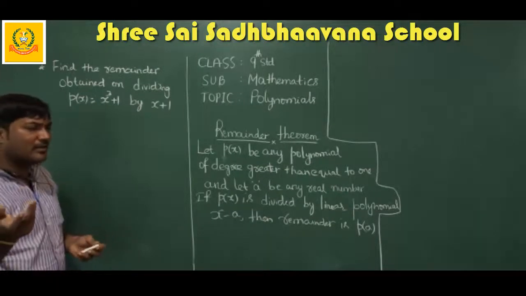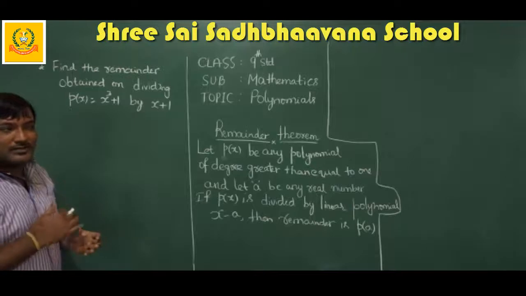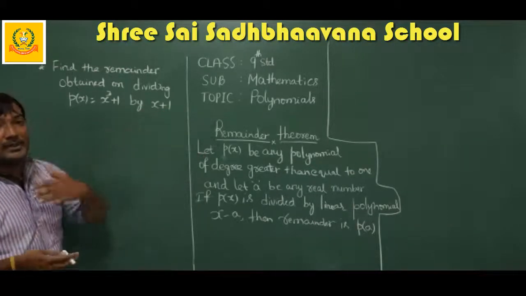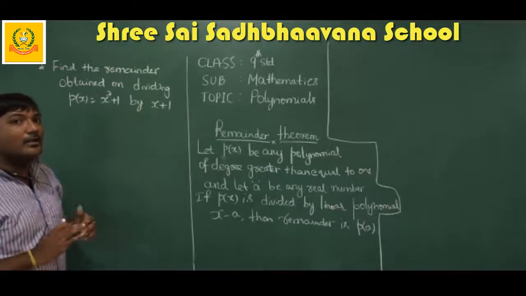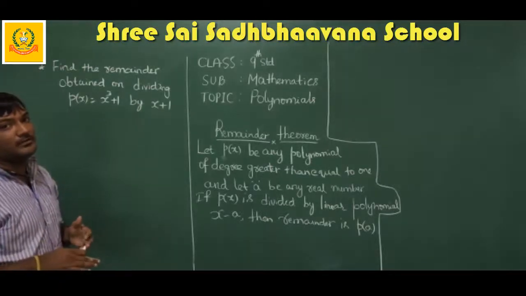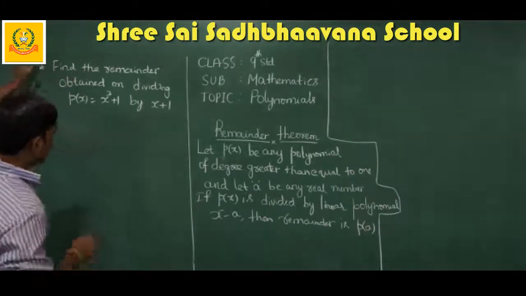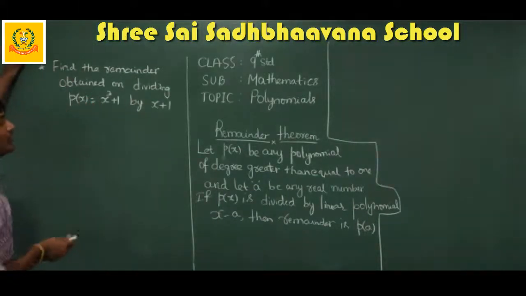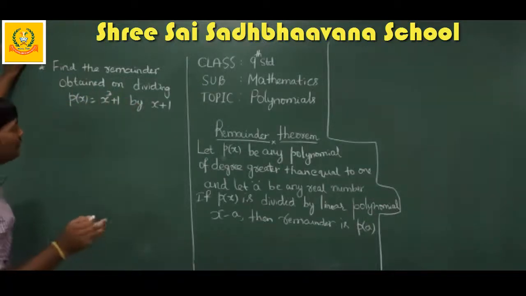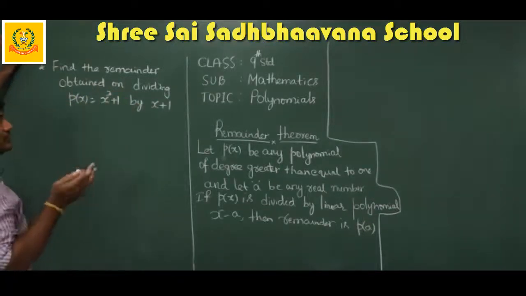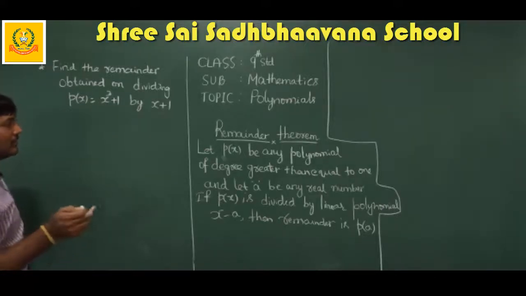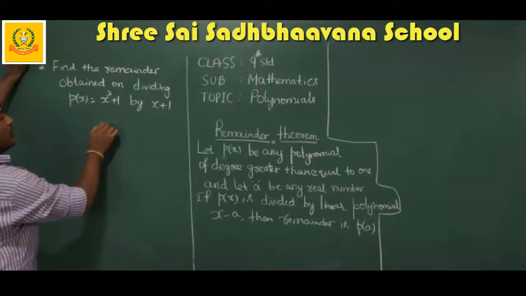This we already did in one class. Last class we explained that. Anyway, we are explaining clearly with the help of the remainder theorem. What is the remainder theorem? How can you find the remainder without dividing the polynomials? So before that, let me divide this polynomial x cube plus 1 by x plus 1. Everybody knows because we solved more than two sums based on this concept. Anyway, once again I will just divide it.